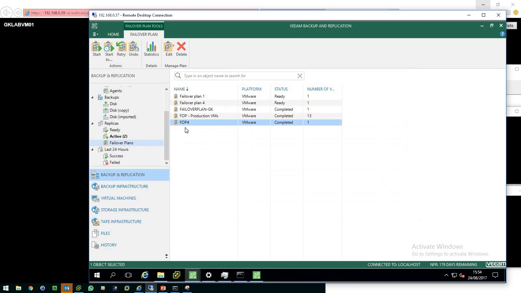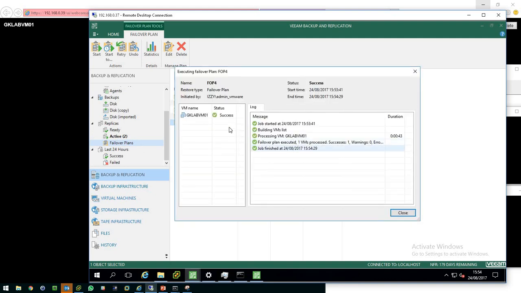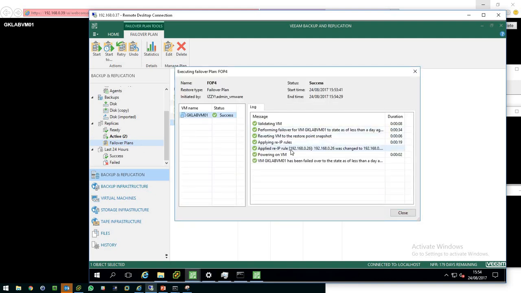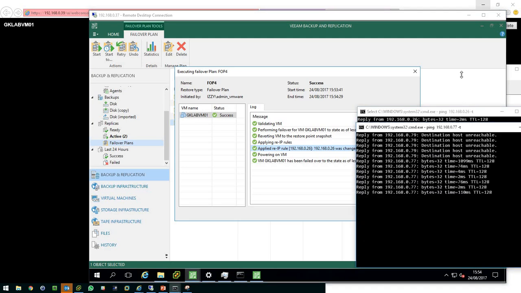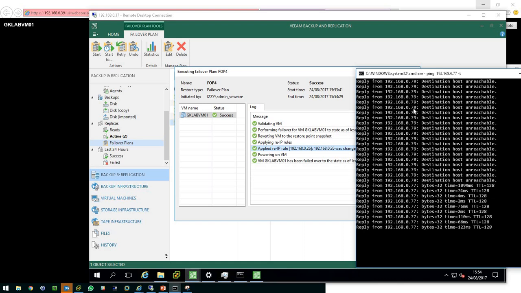I think it's actually still running. Let's have a look at him. So we can actually see there the IP address rules got applied. I don't know if the virtual machine is started. Perfect timing. So we can see there that virtual machine was, that IP was not responding, and now he's come